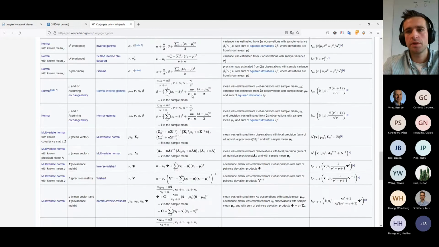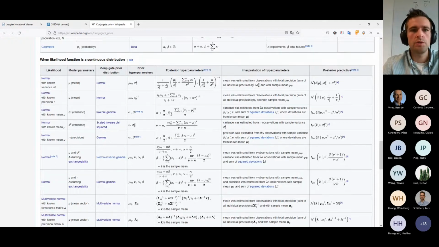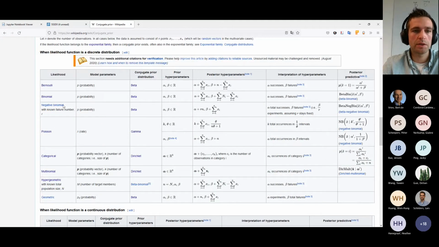But in general, if you're interested in what prior you should choose, you can check this list. If I have a likelihood that's listed here somewhere, then I might choose the conjugate prior that's listed on the right here, which will make computation and everything easier, and it'll help you develop an intuitive understanding of the idea of belief updating. But as Bert also mentioned last live class, in theory you can use any probability distribution,